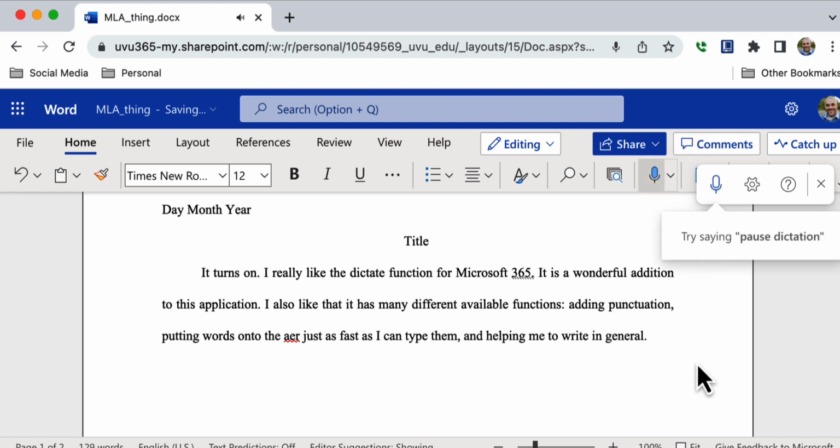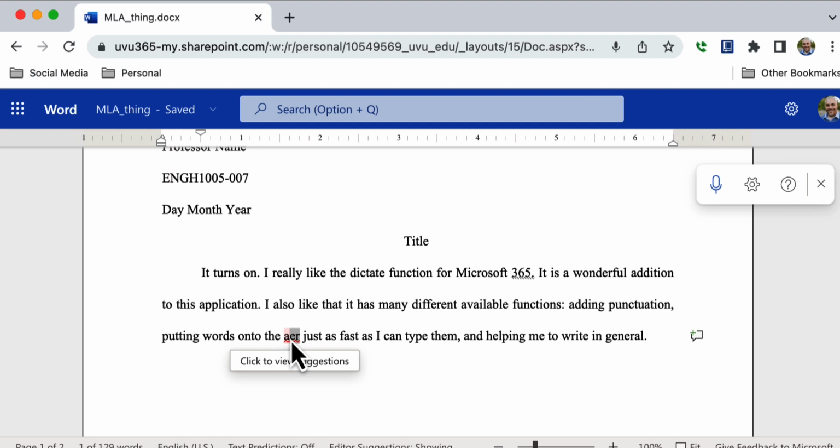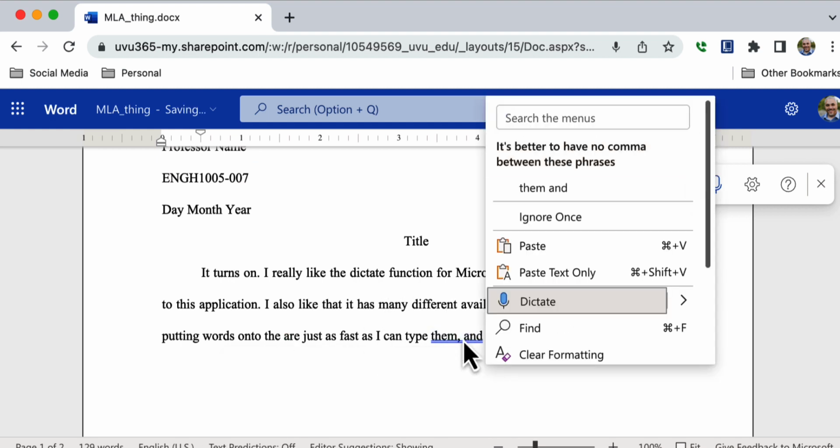So that is the dictation function. It's really great. It does have some problems, as you can see. You probably have to go through and read and change things. And again, see if